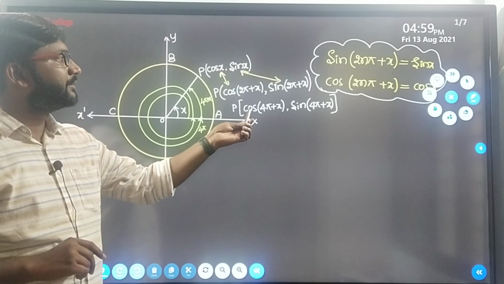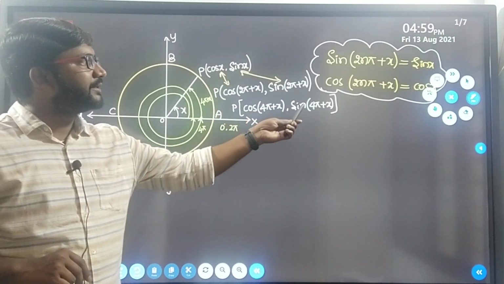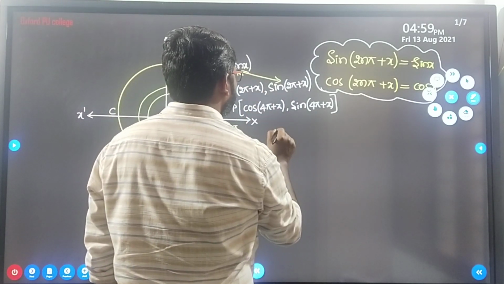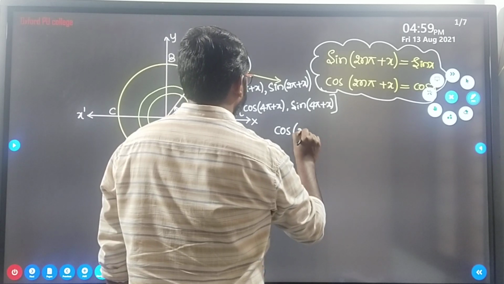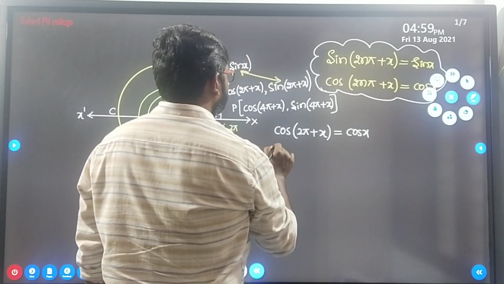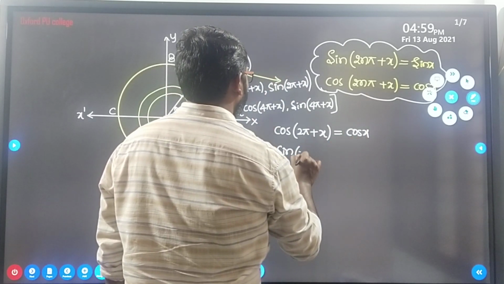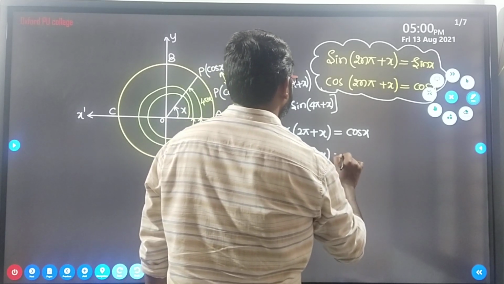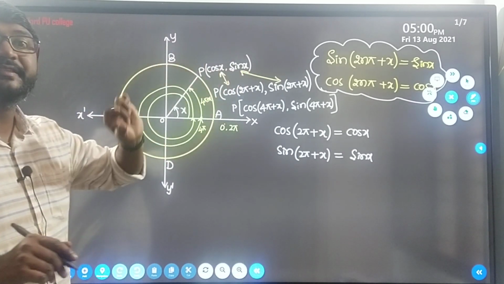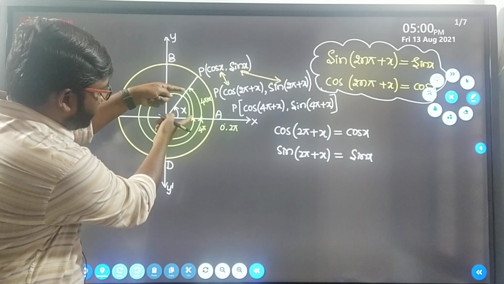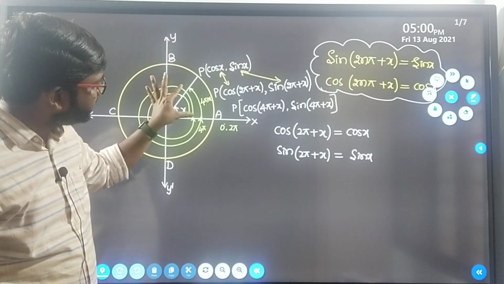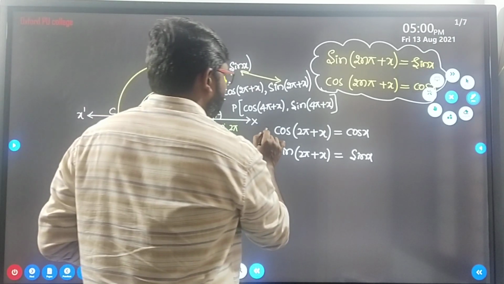Now again compare cos of 4 pi plus x equal to cos x and sin of 4 pi plus x equal to sin x. So here what we get from both the cases, cos 2 pi plus x is equal to cos x, and sin 2 pi plus x is equal to sin x. So this is regarding one complete revolution plus x extra angle. We take that small angle that is extra, which is x. Then if we take 2 complete revolutions plus this extra angle, it will give us 4 pi plus x. So this is one set now.